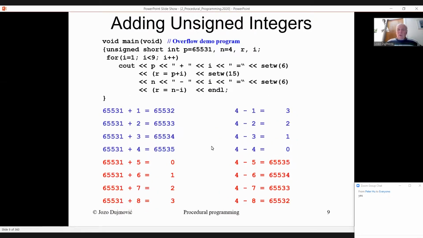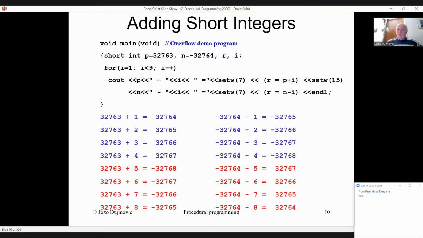So the last thing that we showed is that when you compute adding positive numbers, the sum of positive numbers can be smaller than the values being added. This is this example here. You also have that the sum of two positive numbers can be negative. So if you have a short integer, then you have a 16-bit format, and if you add two positive numbers,